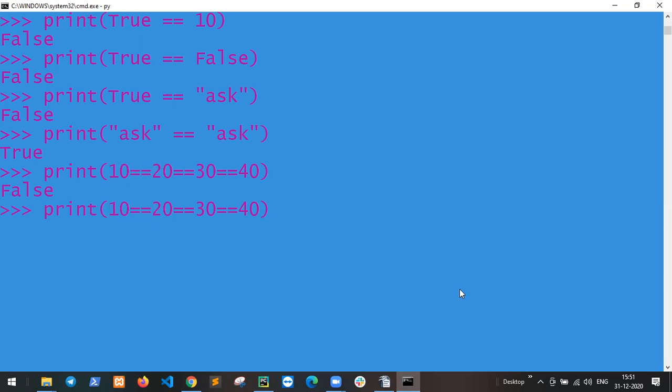If I say 10 equal to 10 equal to 20, the result is false, because this condition is true, but this condition is not satisfied. So false.